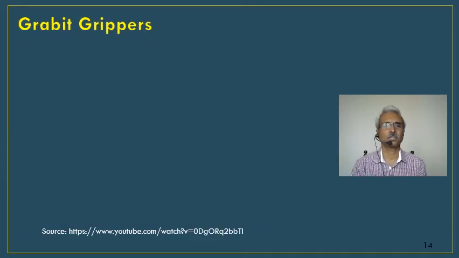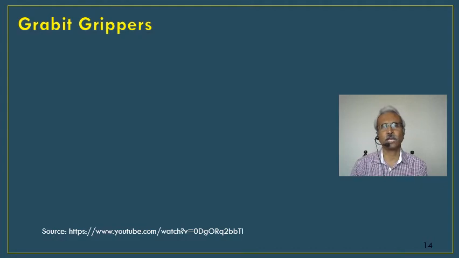So of course this is a Grab It gripper. Now initially we saw how to handle industrial components, a metal component, and then we discussed vacuum grippers to handle large flat objects, and then we discussed fragile objects. So the next interesting, or rather challenging, thing is: how do we handle food items? Say, for example, you need to handle fruits and vegetables. So here you can see this gripper was named after the company Grab It.